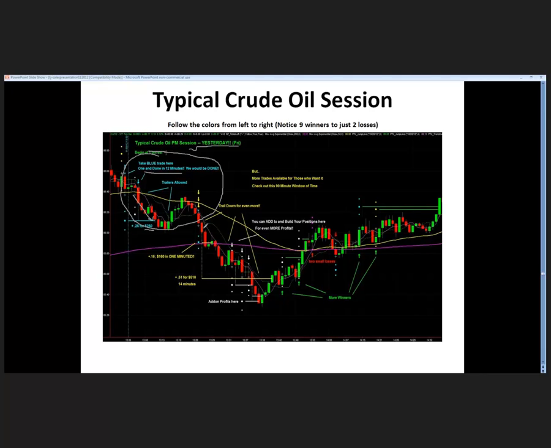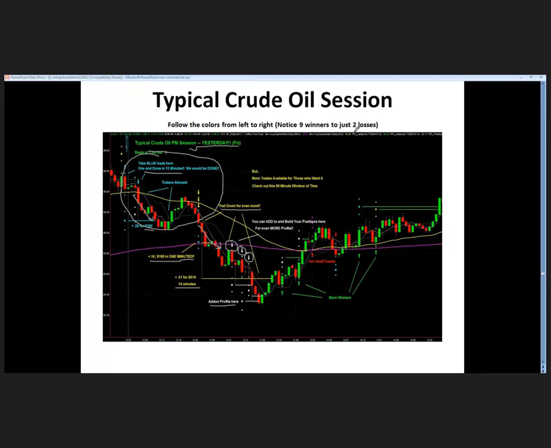But some traders want to trade more. They like what we call the power of quitting 2 winners, and some just want to trade for a duration of time. I know people right now trading the trend jumper, and they have so much confidence in it, and it's so effective for them that they just start at their start time and finish at their finish time and take every single trade. And so I thought, well, here's a 90-minute window in the PM session. Let's look at all these trades. And there literally were 9 winners, and I can't read that because it's small on my screen. 9 winners and 2 losses. Yeah, there were 11 trades.